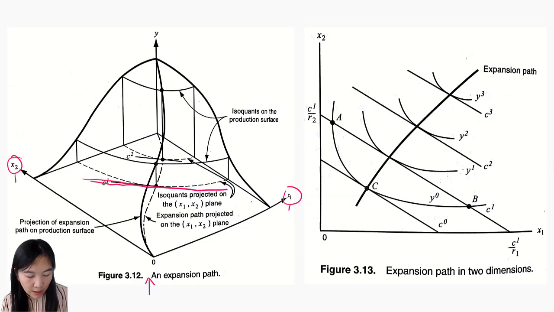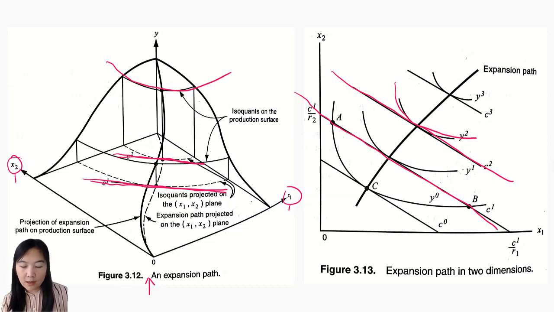This is one isocost curve, and this is another isocost line, and the slope of that line is decided by the two input prices. So those two lines translate here to the C1 and the C2, and this one is this isoquant curve, and this one is